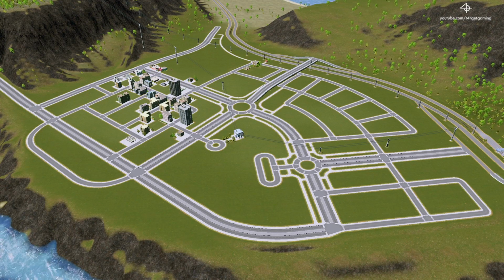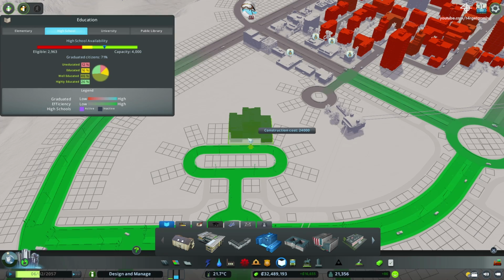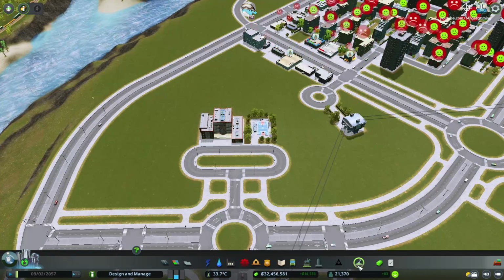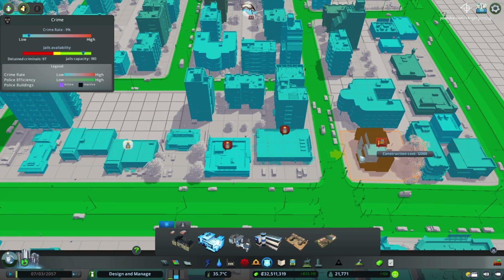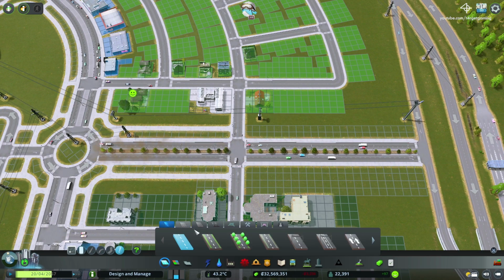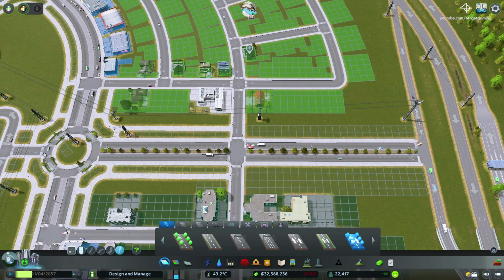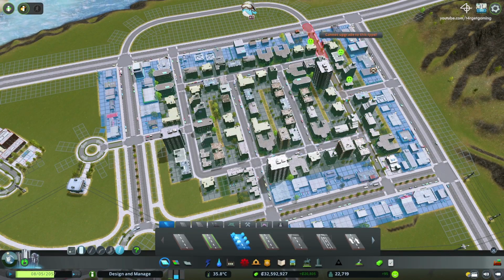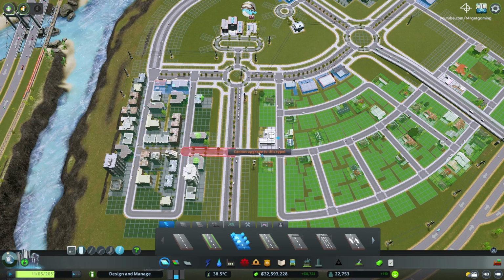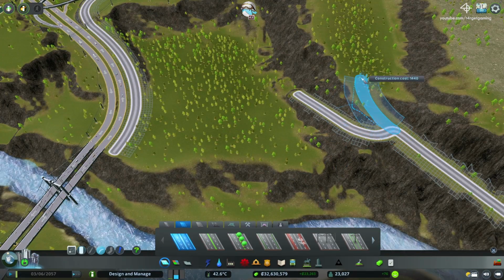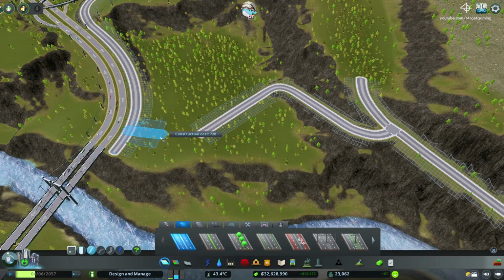I then provide all the necessary services, so elementary and high schools, a medical clinic, fire station and also police station. I also upgrade some of the roads to make the area much prettier. Main avenues are converted to avenues with trees, and main neighborhood roads where you wouldn't want cars to park are converted to roads with trees as well. I also connect this new neighborhood to the tech district with an avenue, in addition to the highway connection that